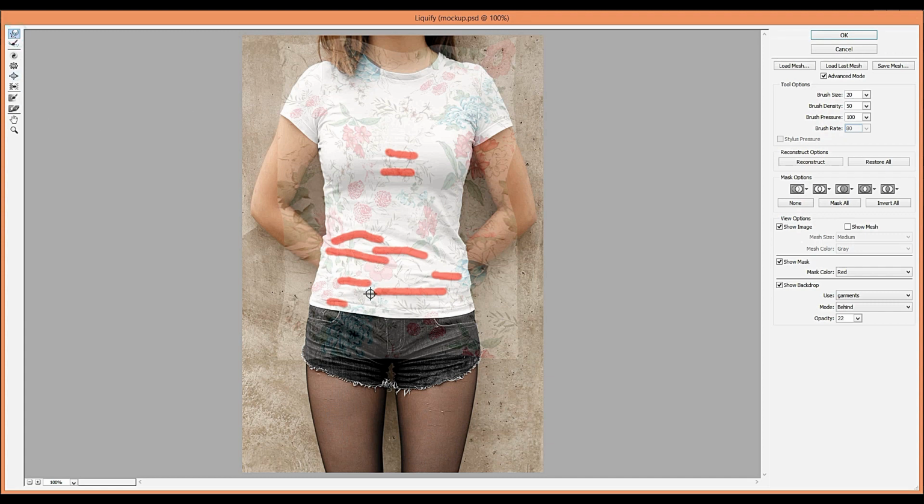When we freeze places, they are not going to be affected by the liquify tool. Where we freeze is not affected by the liquify tool. Other places can be moved.